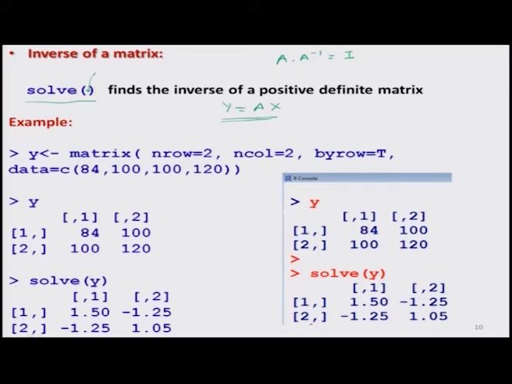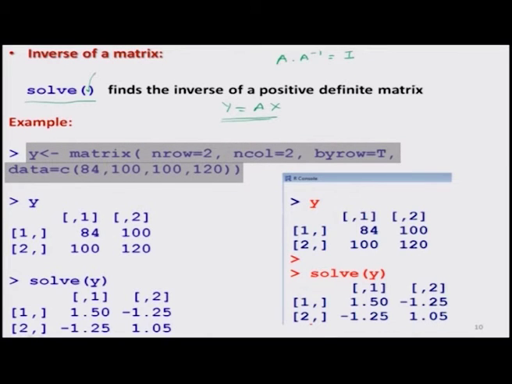I have simply taken a matrix here. For example, here I have created another matrix. Remember one thing: whenever you are trying to find the inverse of a matrix, the matrix has to be a square matrix and a positive definite matrix. Earlier I had created a matrix of order 4 by 2. I cannot find the unique inverse of that matrix. There are things like the generalized inverse, but here we are not going into that detailed